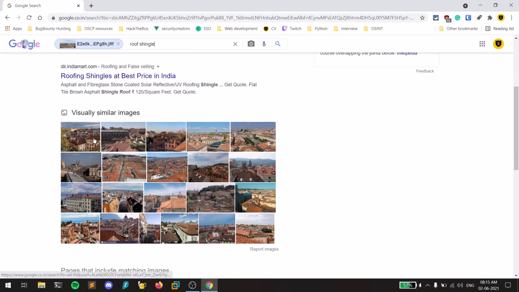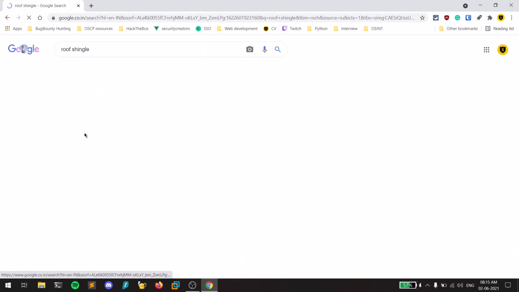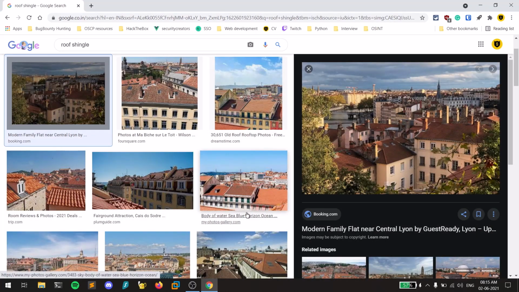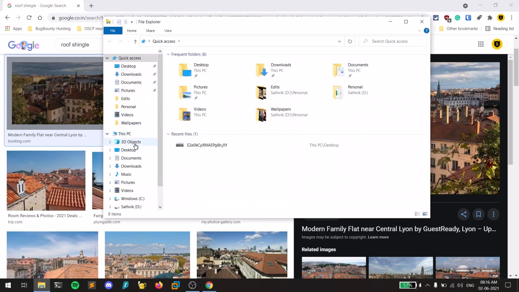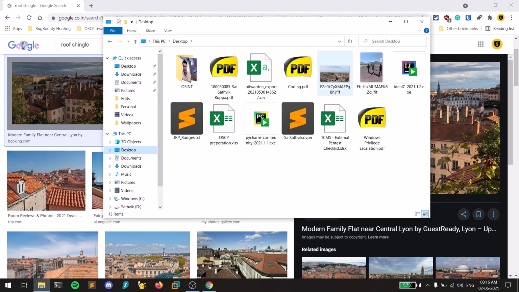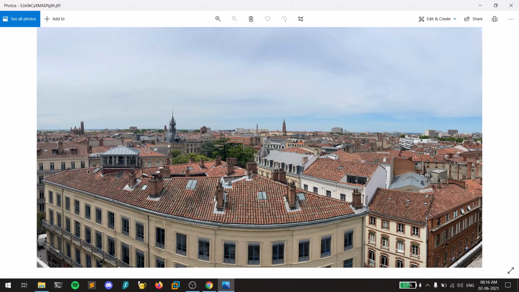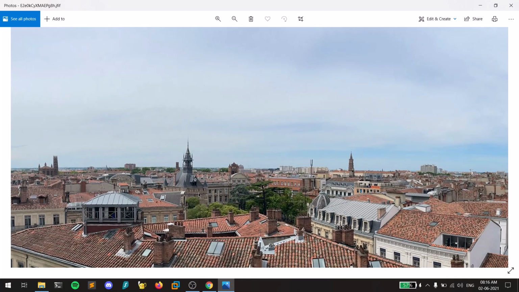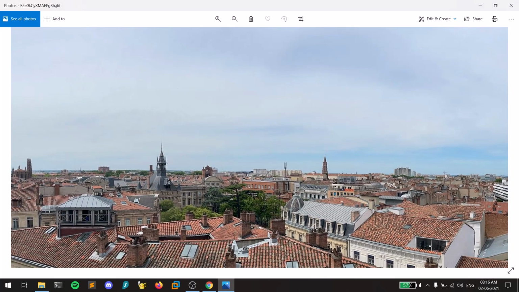Let's look into some of the images and see whether we can find something or not. It is not like that. Let me open that image also, guys, so that we can zoom in and find some hints from that image. If you can see here, we have some pretty good buildings which are completely of roofs. And something interesting over here is there is a clock tower, guys. Here there is a clock tower and there are some big towers.